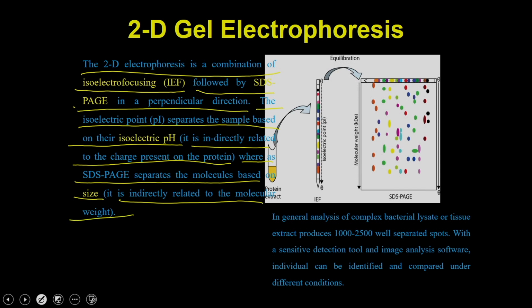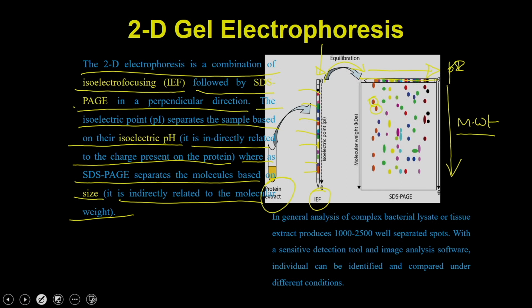So, what you can see is, suppose you have a complex protein mixture. In the first dimension, you can load it onto the isoelectric focusing strips, and that is going to resolve these molecules based on the isoelectric point. Then you can rotate it by 90 degrees and run it as per the molecular weight. So, in this direction it is resolved as per the pI, and in this direction it is resolved as per the molecular weight.